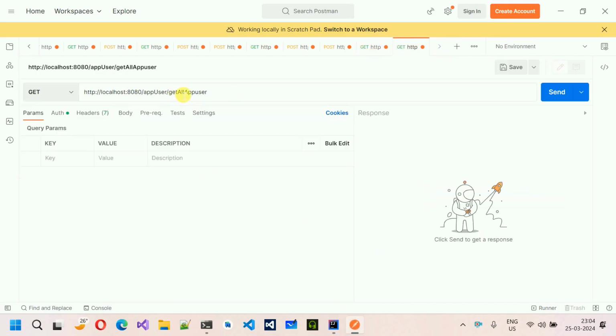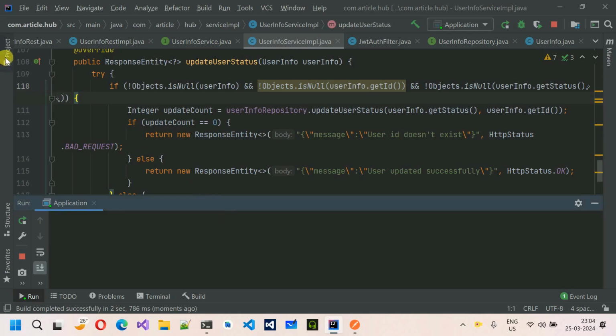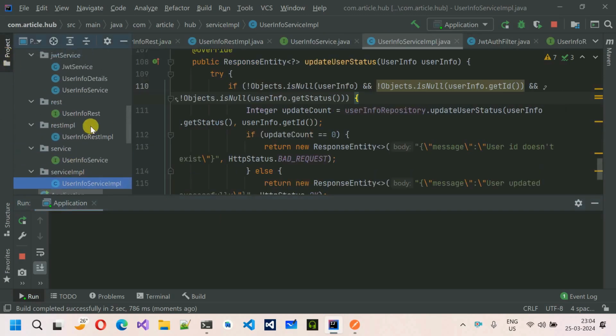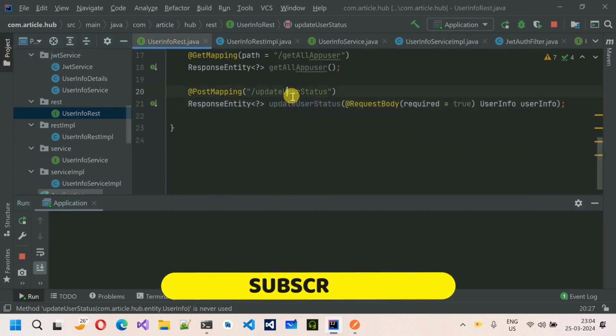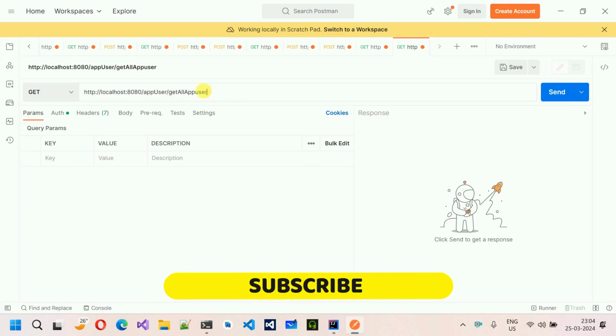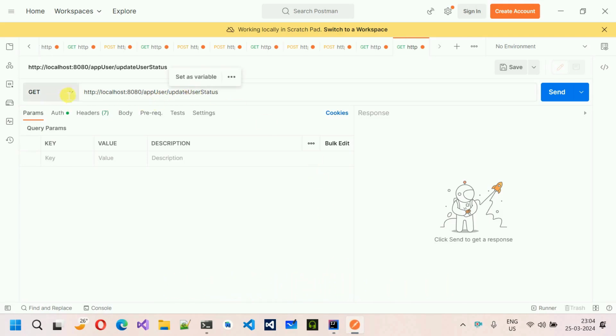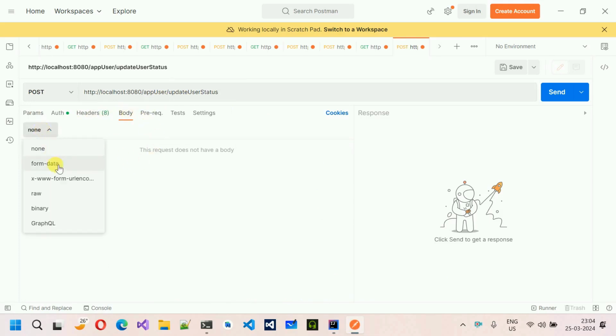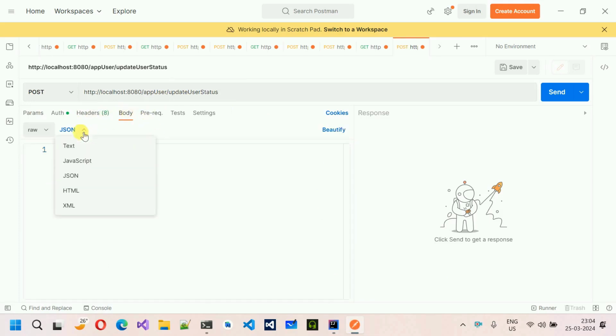And over here, what we are going to do is we are going to change the API name. So let's quickly move back over here to this user info rest, update user status, move back over here, paste it. This is a post call. So post, go to the body, and over here, go to the raw and JSON. Open like this, beautify,